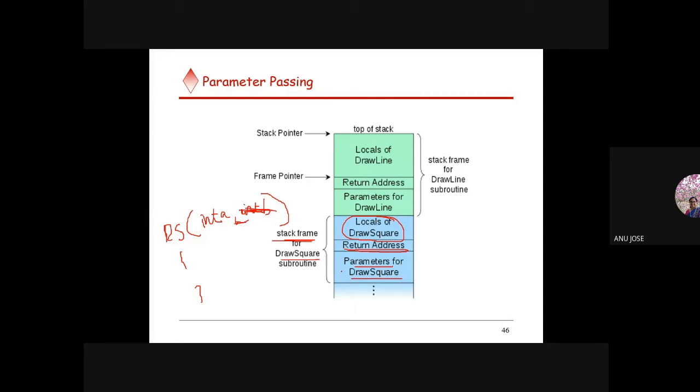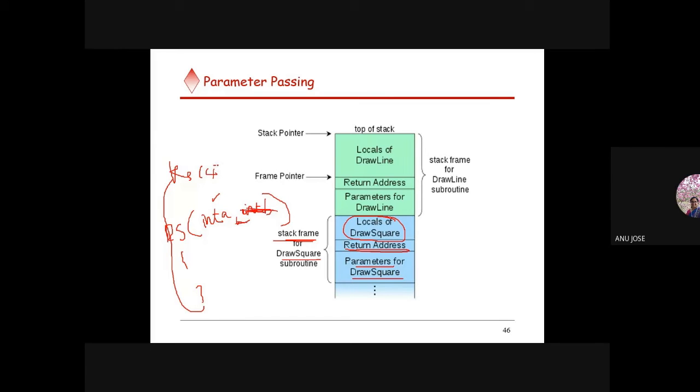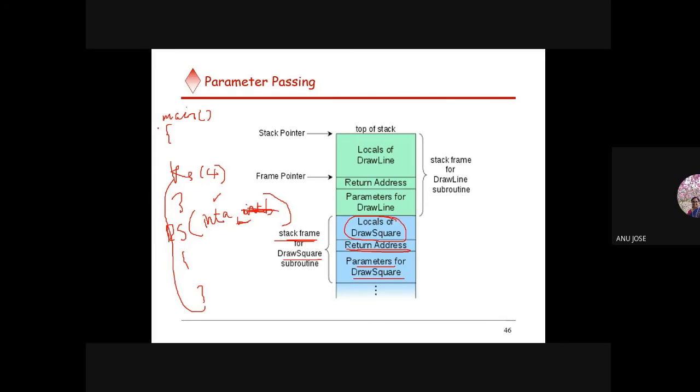The parameter for the draw square function is a. That is this variable. And once the complete program execution is over, wherever this rs was called from, I am calling rs with 4. So with the 4, this is the calling function. Maybe I am writing it as main. This is the main function. From that, I am calling the rs function. So rs with 4 I have called.